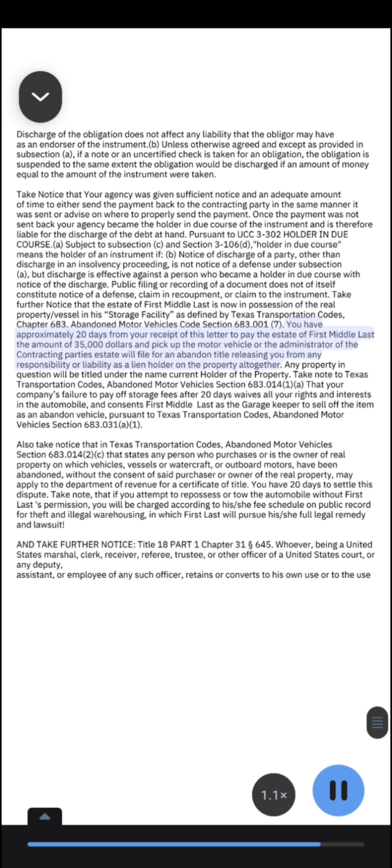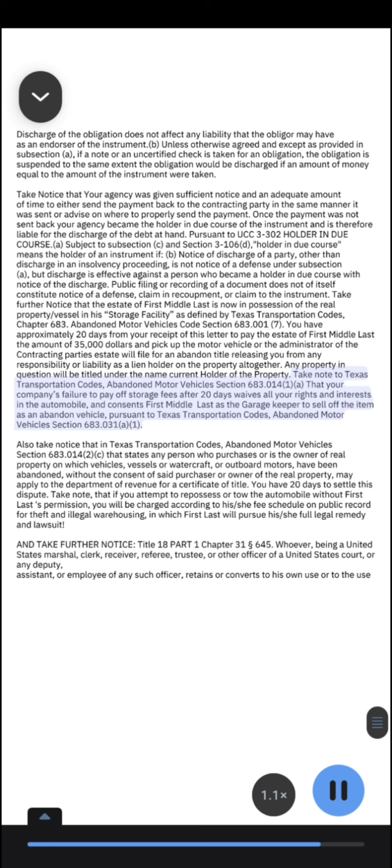the amount of $35,000 and pick up the motor vehicle, or the administrator of the contracting party's estate will file for an abandoned title releasing you from any responsibility or liability as a lien holder on the property altogether. Any property in question will be titled under the name current holder of the property. Take note to Texas Transportation Code, Abandoned Motor Vehicles Section